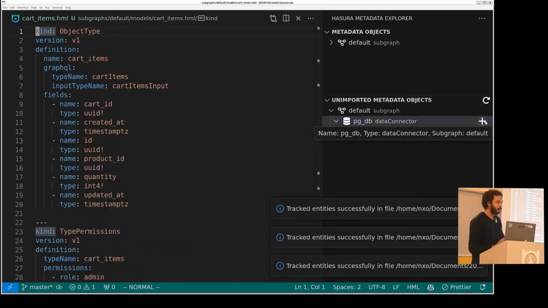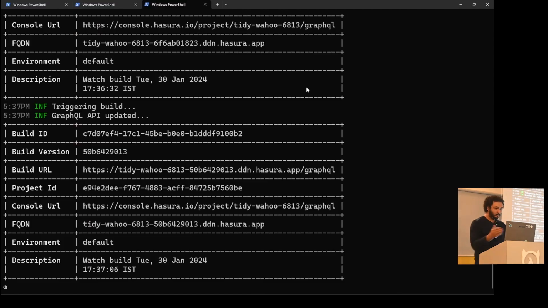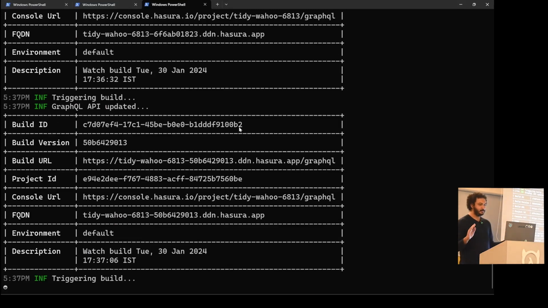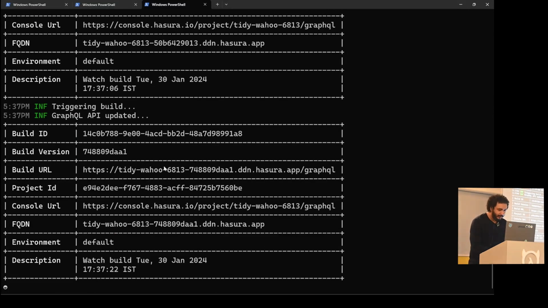Okay, so it's generated some configuration, and I'm just going to leave it at that for now. Let's go back to our watch mode, and I think it just triggered another update. Do I need to save something? Let's see, save, and then it triggers a build. And then I'm just going to go to my console URL, which is where I can begin executing queries against this.